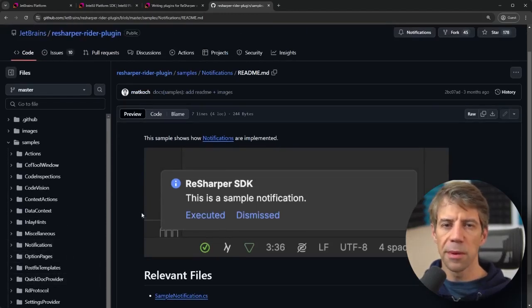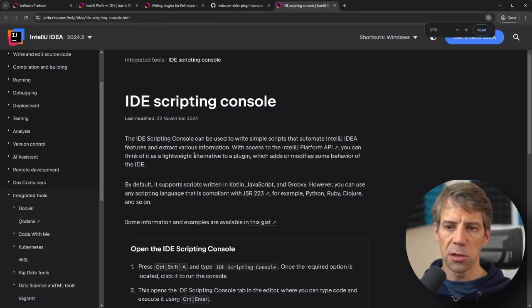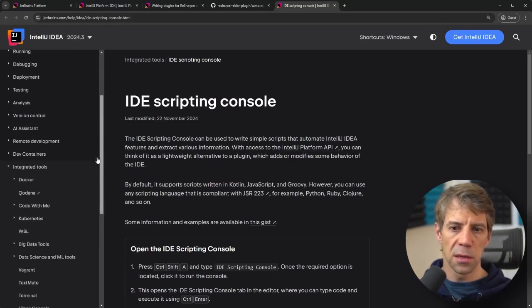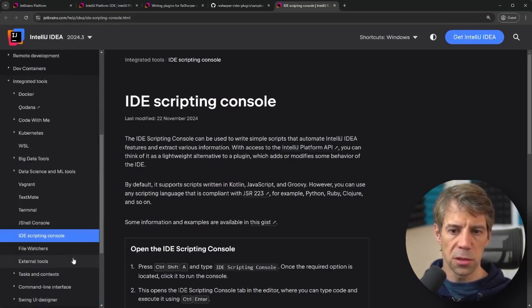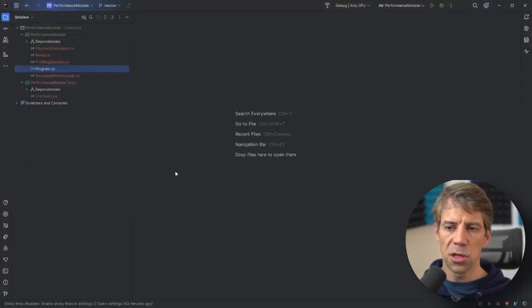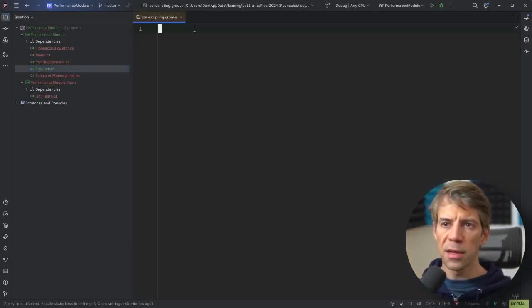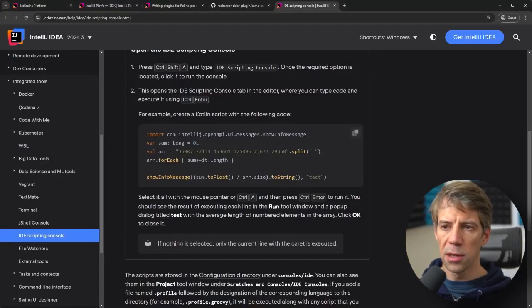If you want something a bit more lightweight than creating a whole plugin, another option is there's something called IDE Scripting Console. So that's in Integration Tools, IDE Scripting Console. And what you can do is, if I go to Rider, close this and do Shift, I can type that IDE Scripting Console. Then that has actually created the Groovy script,